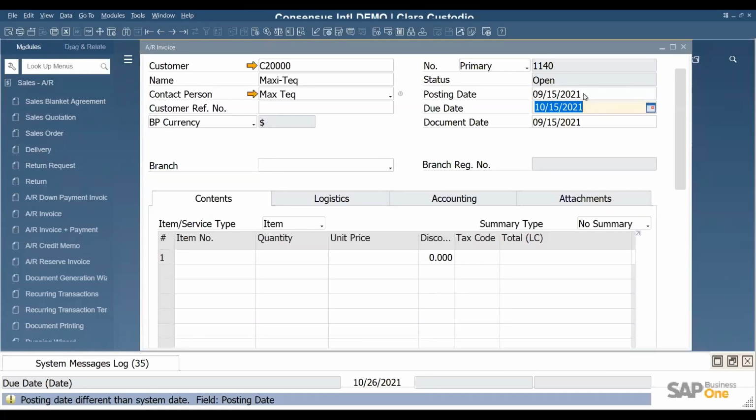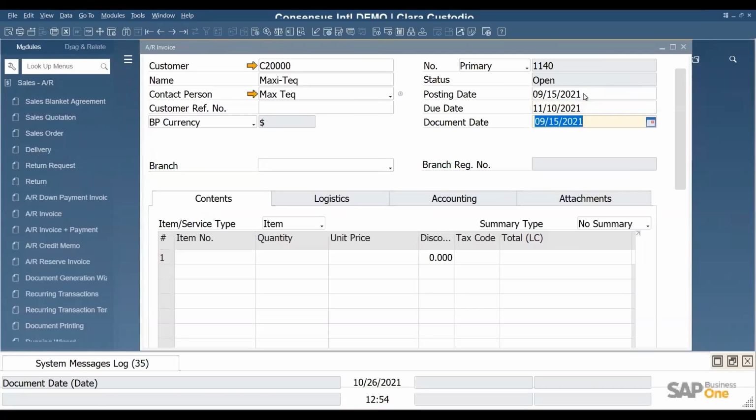Another little shortcut that I think is very useful in case you need to change the due date or enter it manually and calculate it manually: if we say that this document had a posting date of September 15 and you need to input a due date of 15 days after the posting date, you can simply type in plus 15 and then tab, and the system will already calculate for you what the due date should be based on that number.